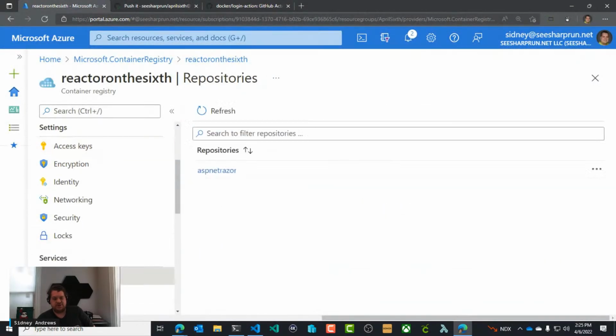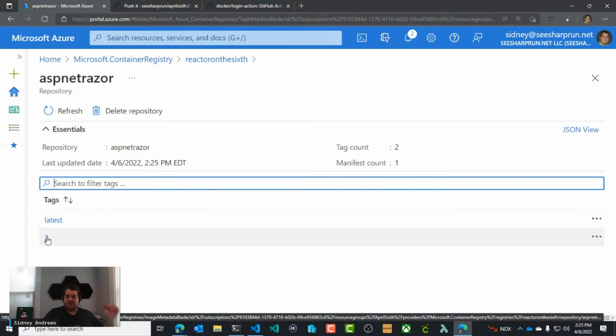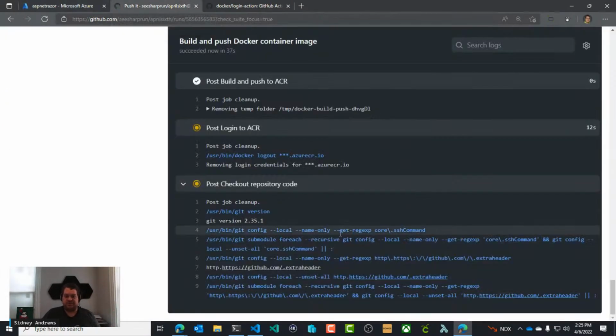If we go to repositories, there's an ASP.NET Razor repository. There's the latest tag and GitHub run number, so the 2 tag. So again, we're automatically building and pushing to the Azure Container Registry. Pretty awesome stuff. But you came here to see how I can incorporate this into an Azure Resource Manager deployment